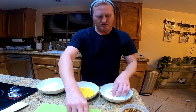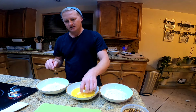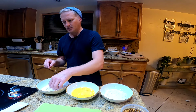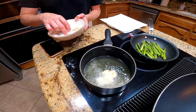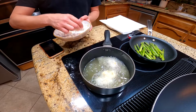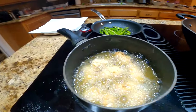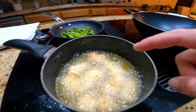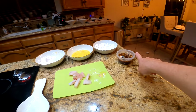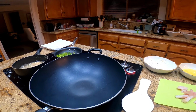So just gonna throw this in the flour and then into the egg wash and then into the seasoned tempura. While that first batch cooks, we still have another batch to throw in there. I'm gonna put the sauce in this wok that's been heating up and let this kind of warm up, come